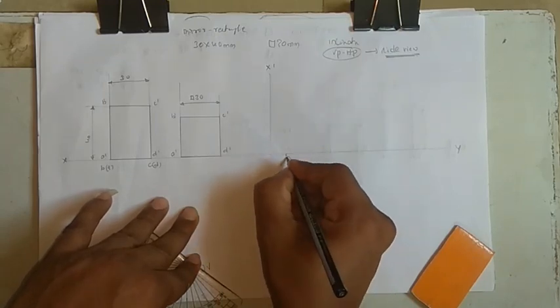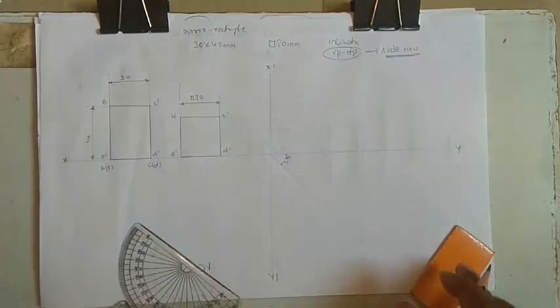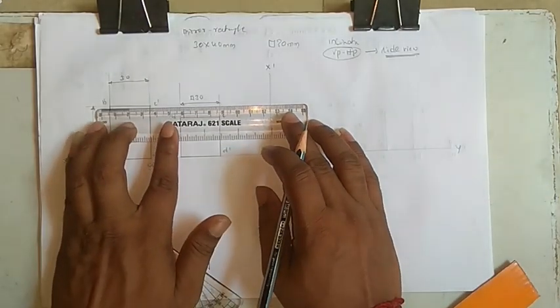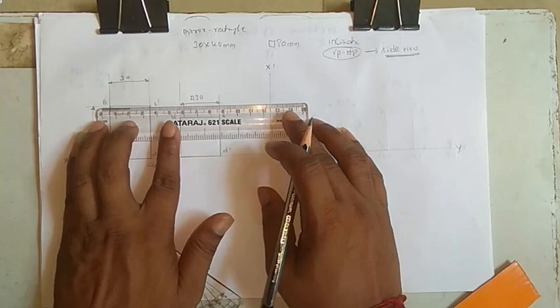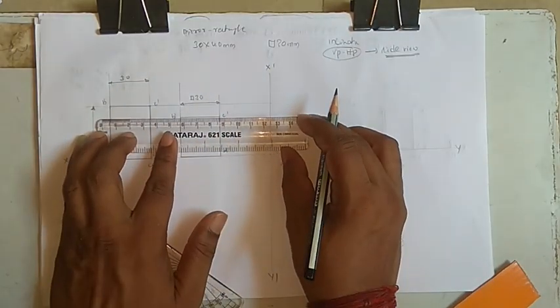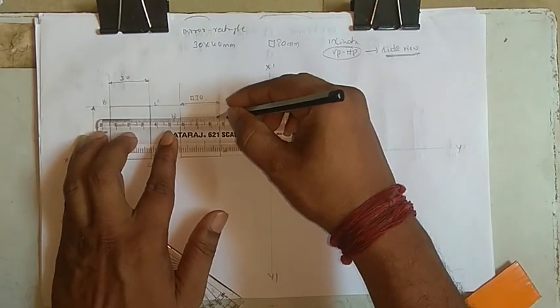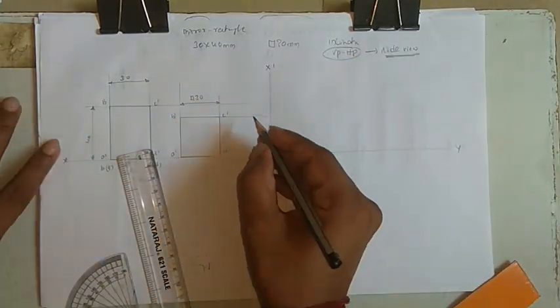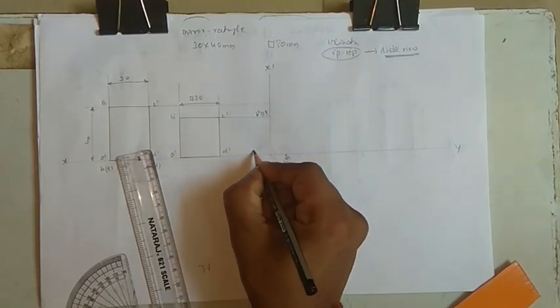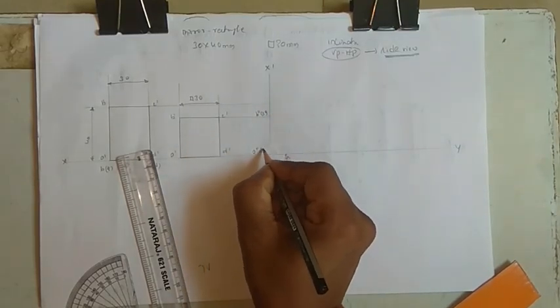So this is 45 degrees. Okay, so now we'll take the projections from 40 mm, one line, and from 30 mm, one more line. Okay, so now already we know this is our B double dash in the bracket C double dash, and this is our A double dash in the bracket D double dash.